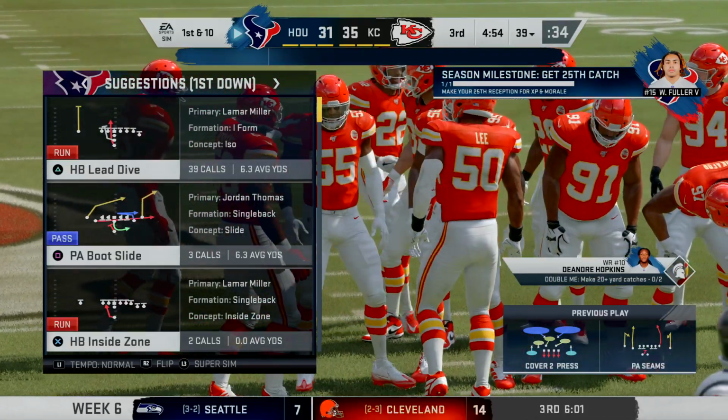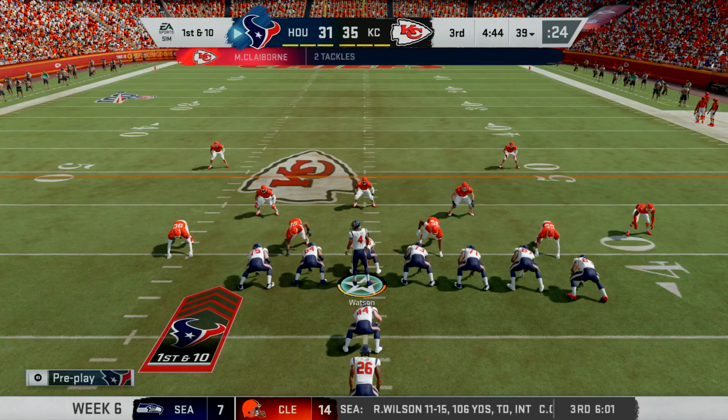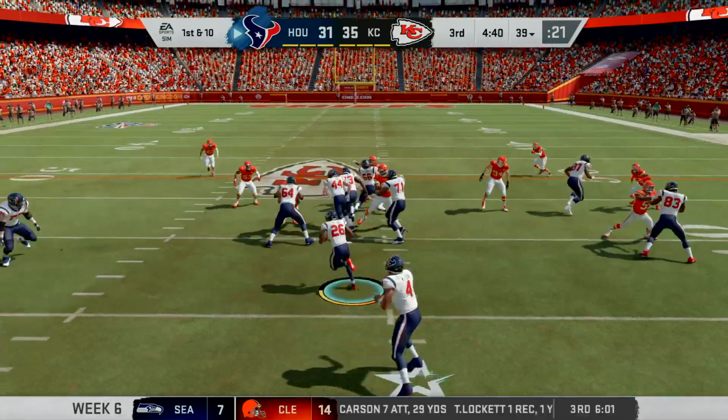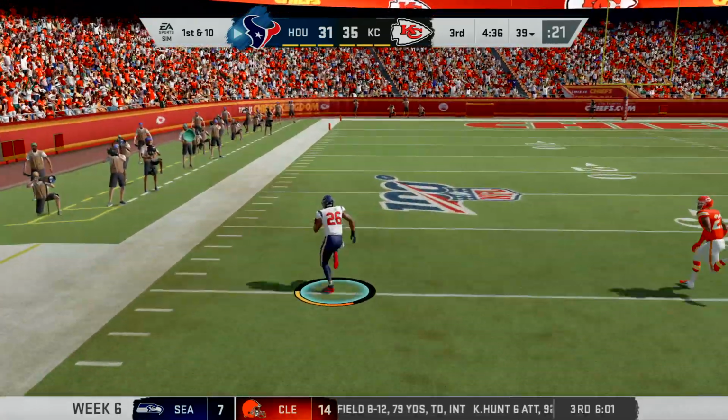Now that was pretty. They executed that curl route versus zone coverage, and that changes things a little bit because against man, it's often a tight curl, a tight, sharply run route. Against zone, you're just looking for that open spot, that dead area, so you make...